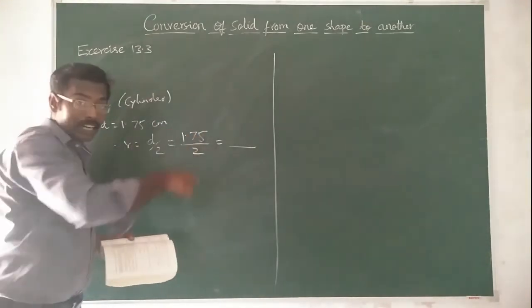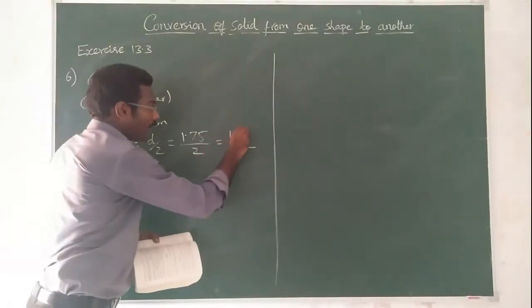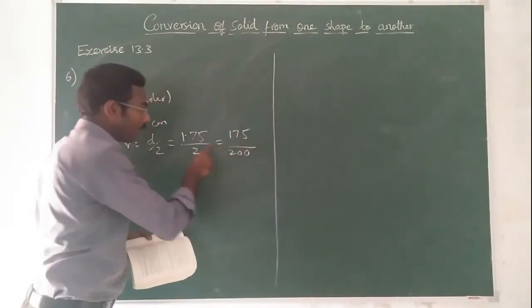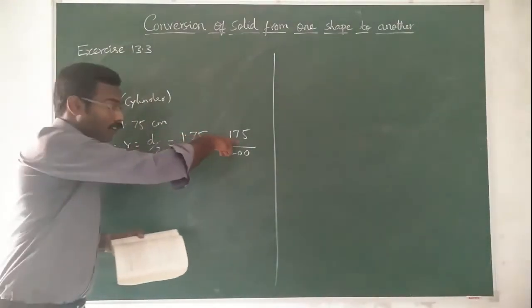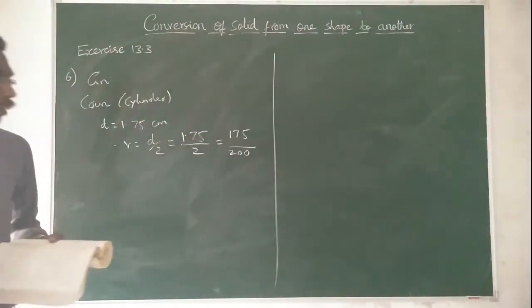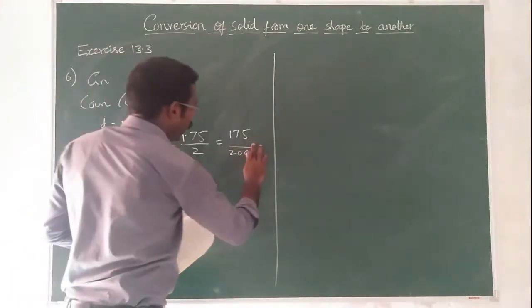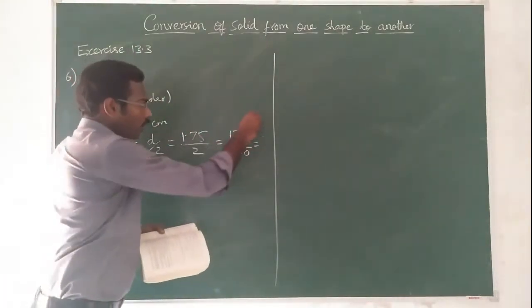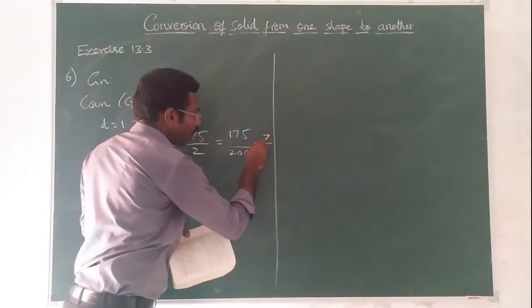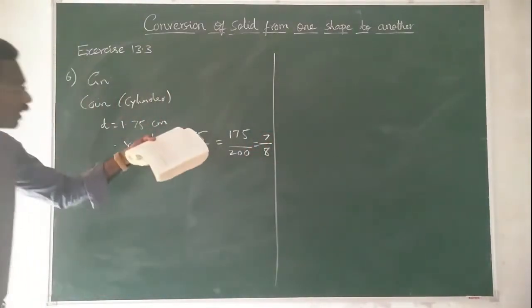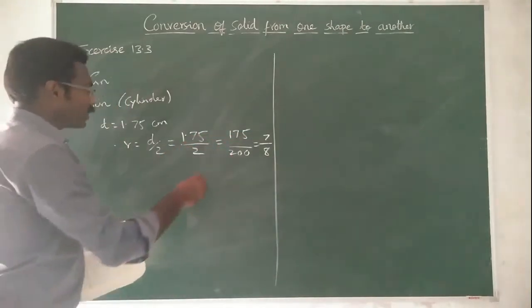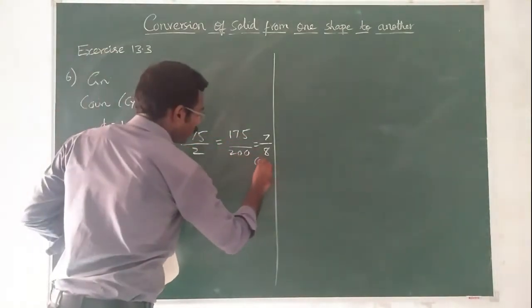So multiply by 100, it will become 175. Here also you multiply by 100, 200. You can keep it like this or you can convert, as you wish. Understood or not? If you do like this and cut with the 25th table or 5th table, you will get finally 7 by 8. You can keep it as 1.75 by 2 or you can keep it as 7 by 8. What is the unit? The unit is centimeter.